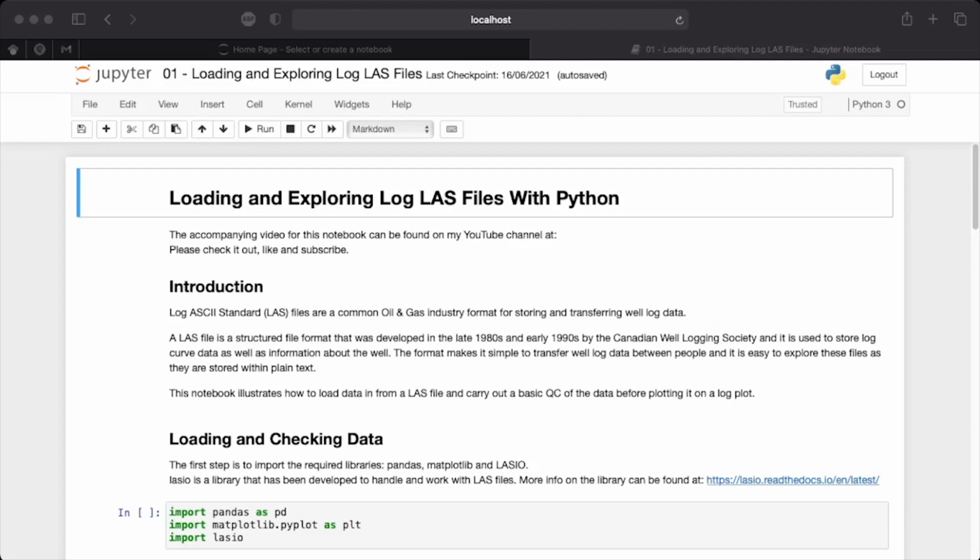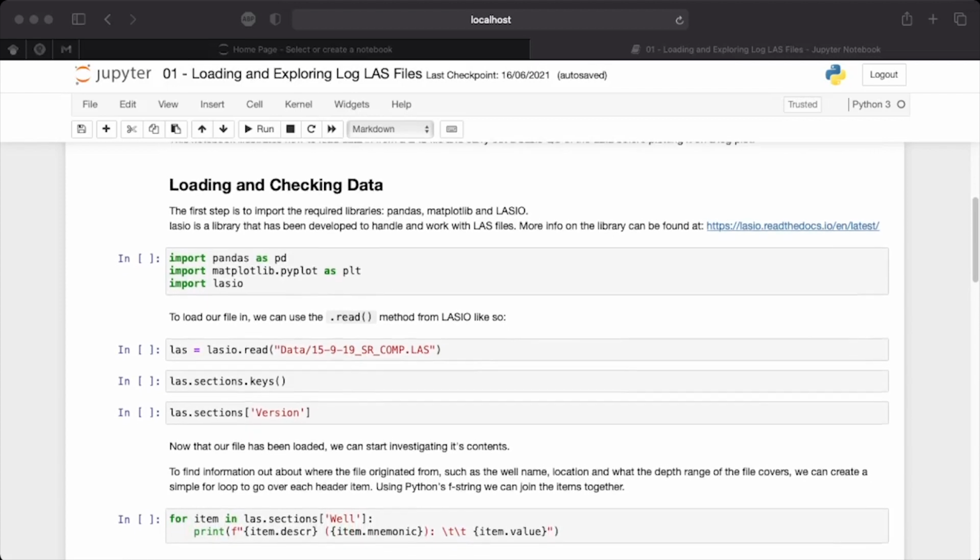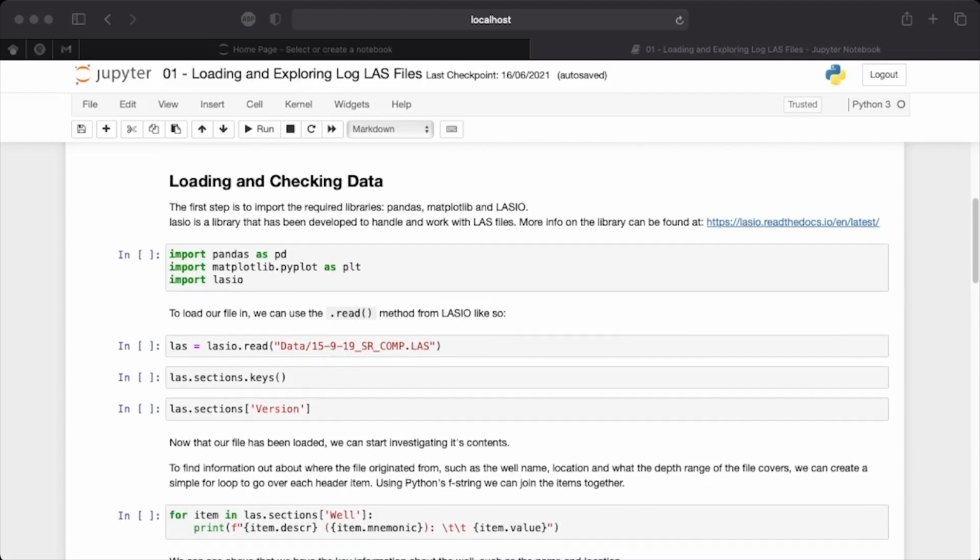So the first thing that we're going to do is actually load in our data and also check it. For this particular exercise we're going to be using 3 libraries. We will be using Pandas, which is to store our data within data frames. We will be using matplotlib.pyplot to plot our data, and we will also be using a specialized library called LASIO, or lasio. With this library it allows us to read in LAS files and do multiple operations on them